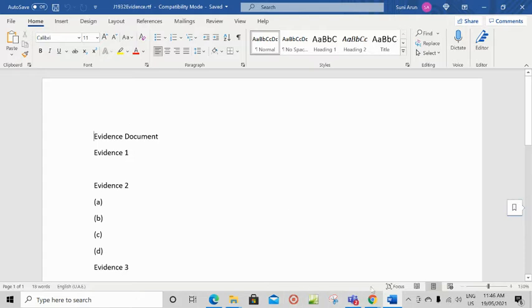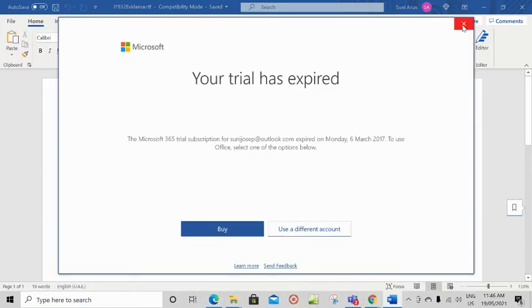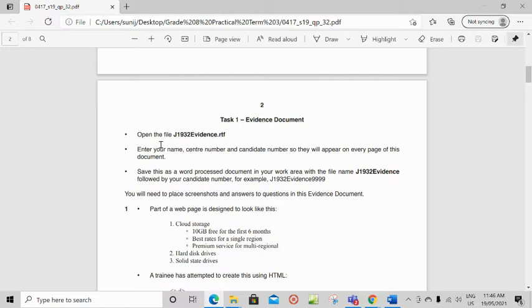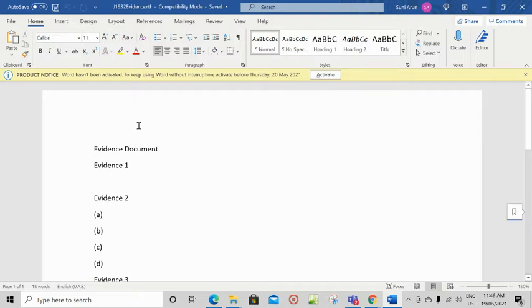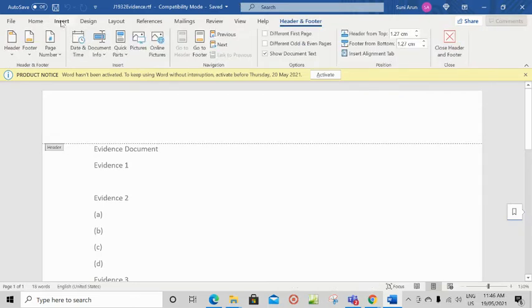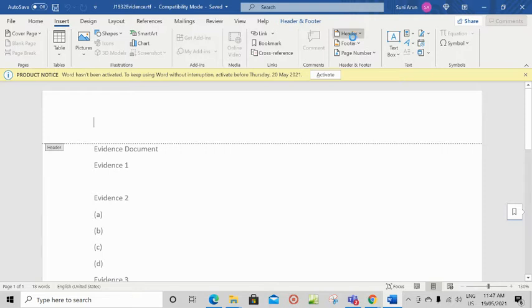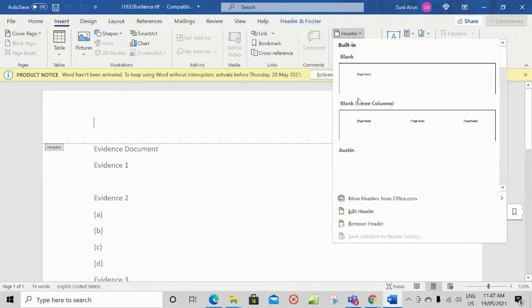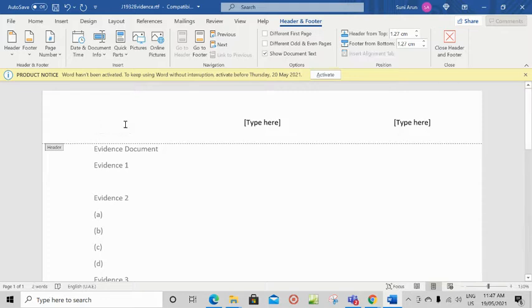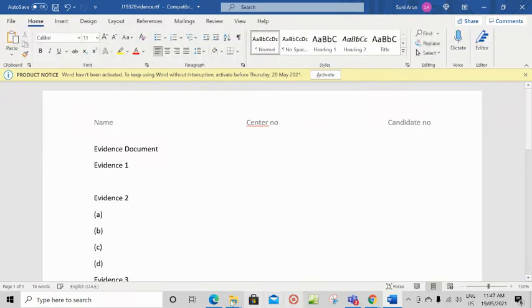So you have to enter your name, center number and candidate number, so that it appears on all the pages of the document.